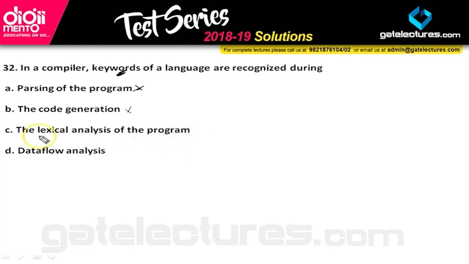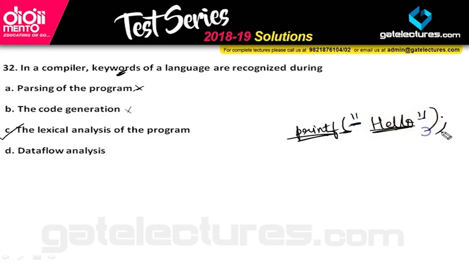The lexical analysis of the program, yes, C is the answer over here. Why do we use the lexical analysis? We actually use this to tokenize our input and to remove the blank and white spaces. To tokenize our input means we will look at the input of the program and we will categorize it. Even if my program is written like printf hello, it will recognize each and everything and convert it into lexemes, and then it will recognize whether it is an integer or a keyword or a variable or an alias. So that is actually done by the lexical analysis of the program.